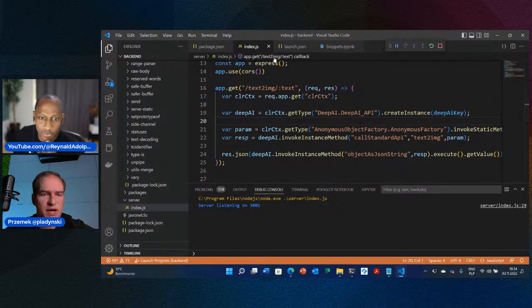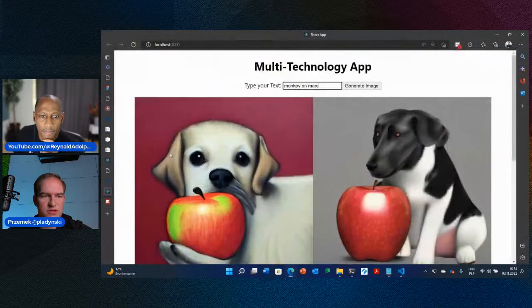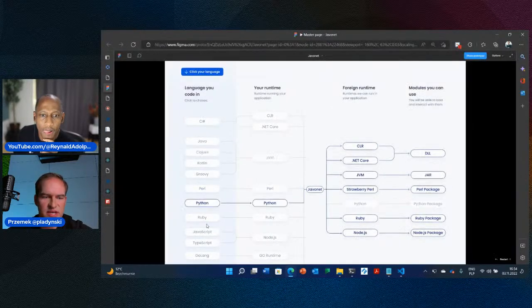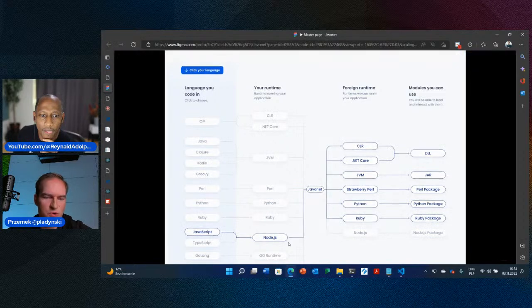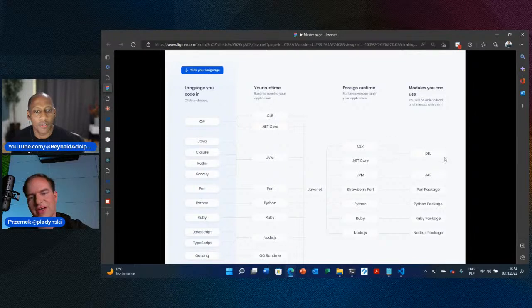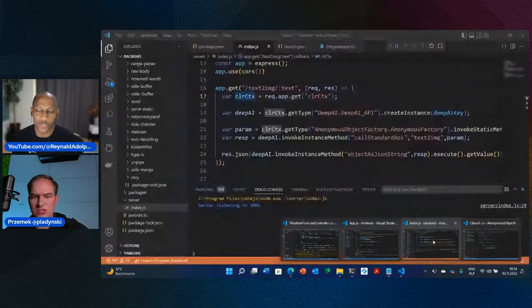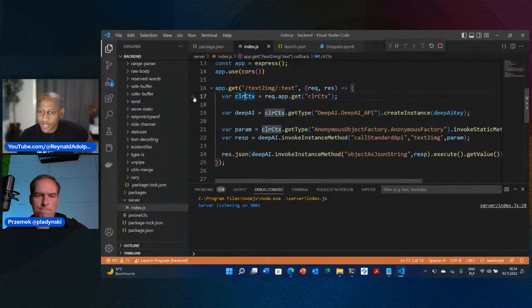We built entire backend with Node.js. So right now it's a Node.js who's calling .NET. So it's completely different way than we did at the beginning of the demo. So it's this direction. So we start from JavaScript. We run on Node.js and we use Javonet to call CLR and use the DLL. Got it. Opposite direction. Map is really useful. I'm glad you guys have that.